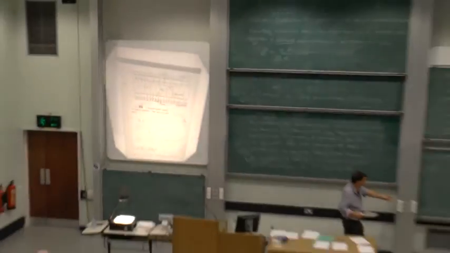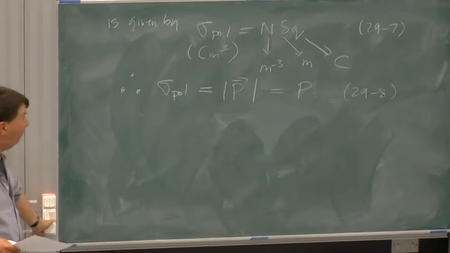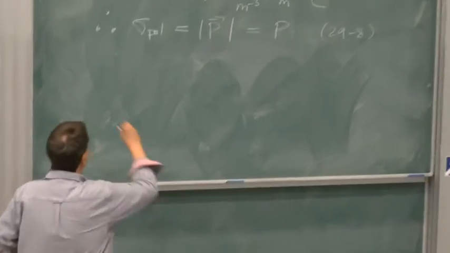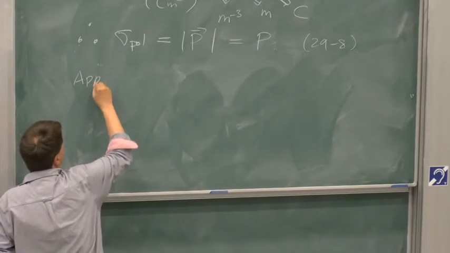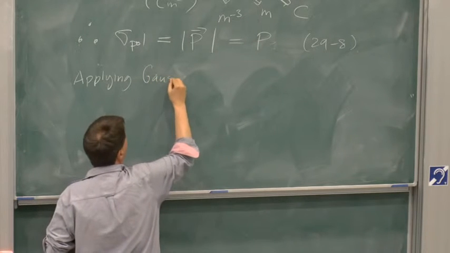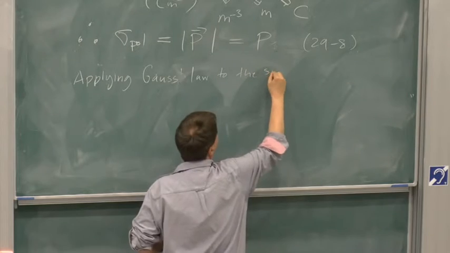So we're now going to apply Gauss's law to that surface S. We sort of looked at this qualitatively about what should happen. Let's now look quantitatively. So again, this is with regard to figure 16, applying Gauss's law to the surface S,